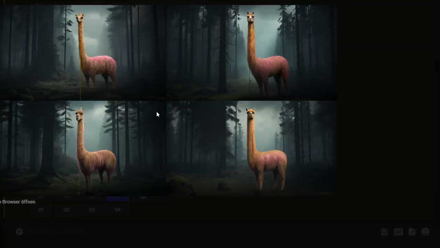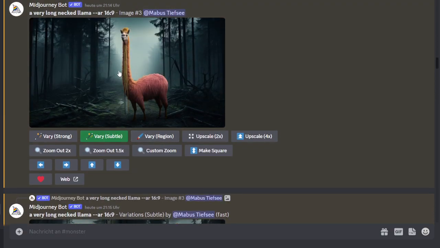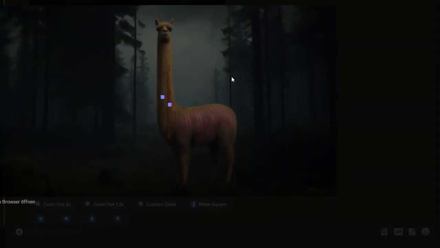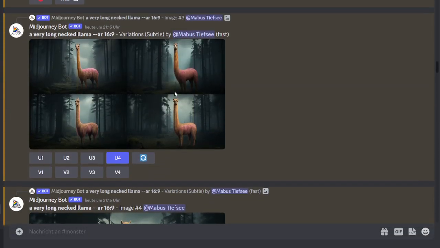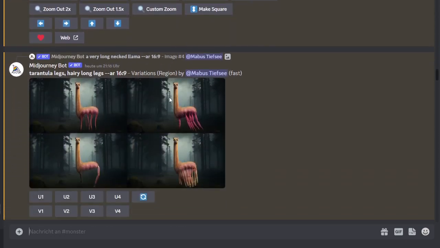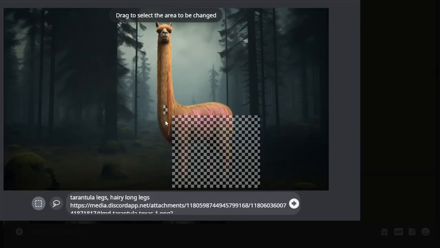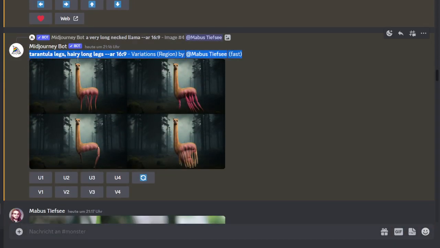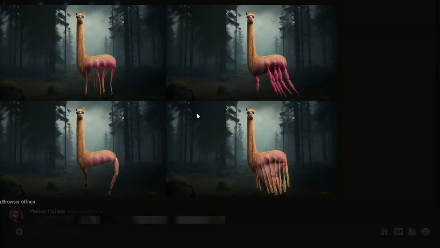However, you see it also changed the background and smoothened it. You may not like it and want to use Vary Region instead, because every time you use a variation of a Vary Region, it can get unexpected. But I got this as a good result, and I liked it, so I used Vary Region again, selected the leg parts, and now I try different stuff. First, tarantula legs with long legs, the first stuff you should try, just regular prompting. This looks bad,